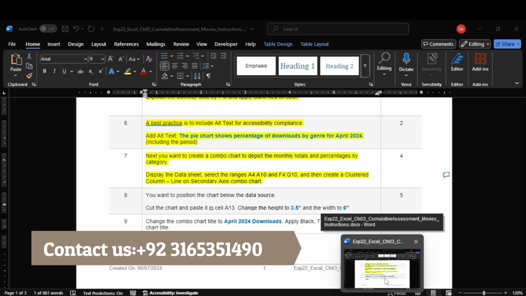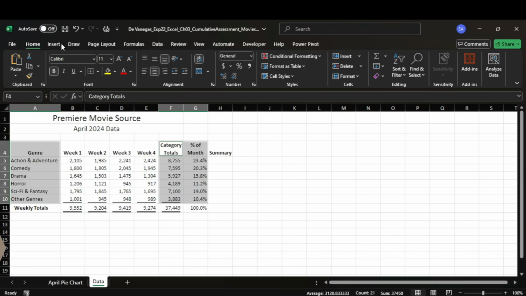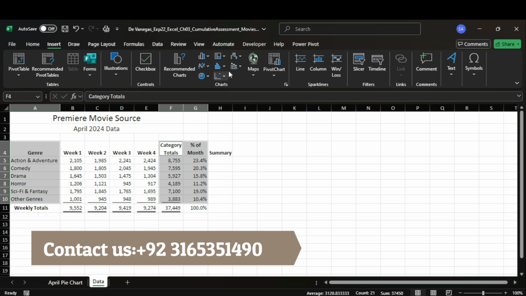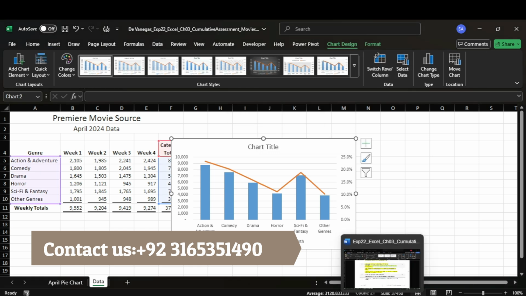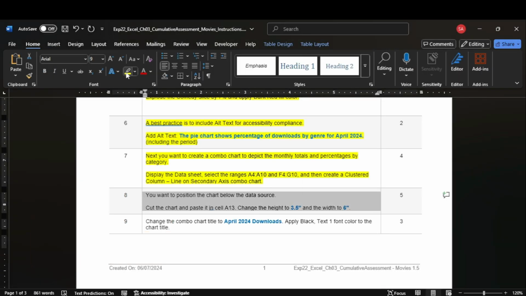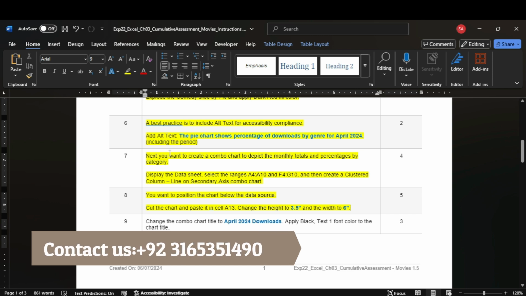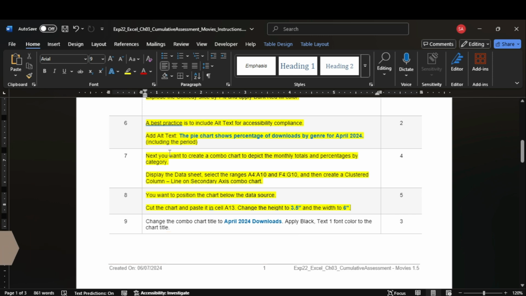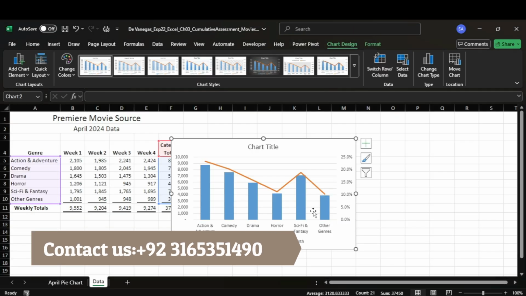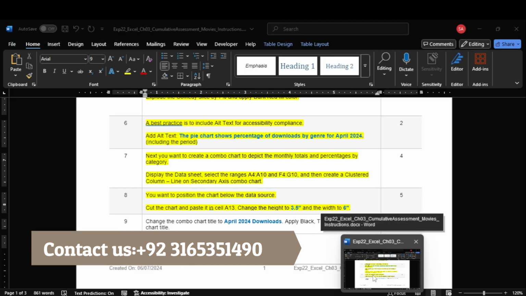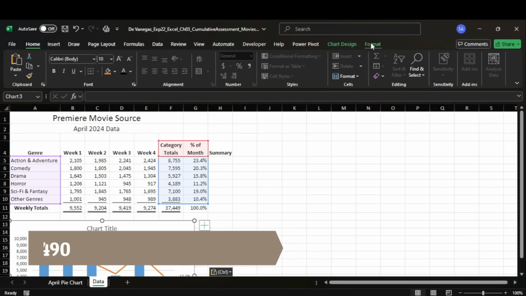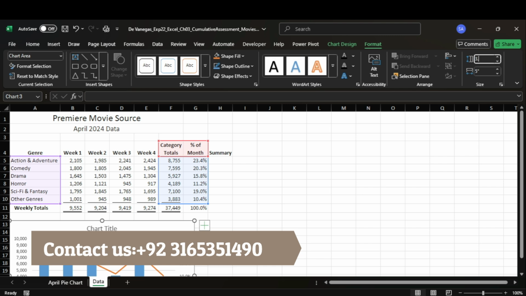create a clustered column line on secondary axis. So we will move toward here, clustered column line on secondary axis. In the next step, it says cut the chart and paste it in cell A13. So we will cut this chart, paste it in A13, change the height to 3.5, width 6,